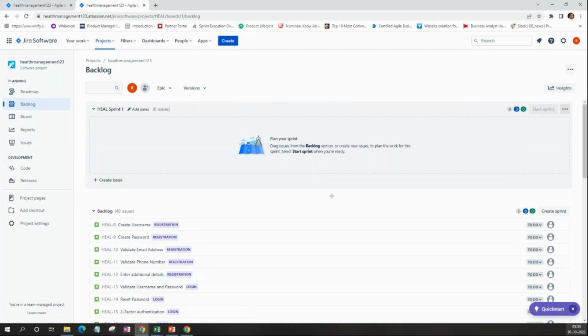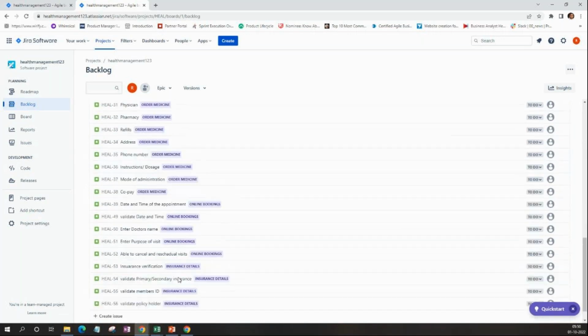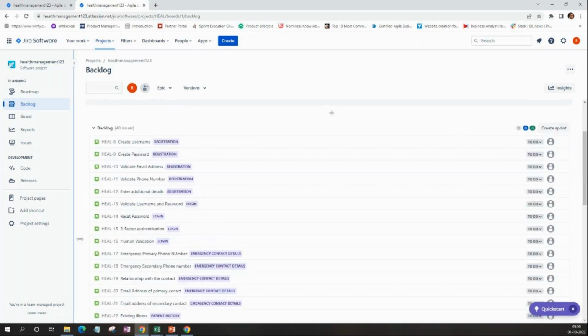When such urgency comes, you need not build a detailed backlog like this. You build immediately what you need for the sprint. You focus on that, complete it, and give it to the team. Let the team work on that. In the background, for the upcoming sprints, you keep working, so the team is also not blocked. The team will have work, and you will be working in the background to get more requirements for the team to work on in the next sprint. So identify the priority items which the team